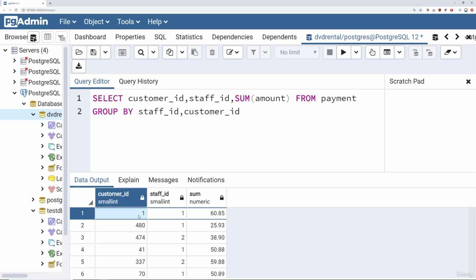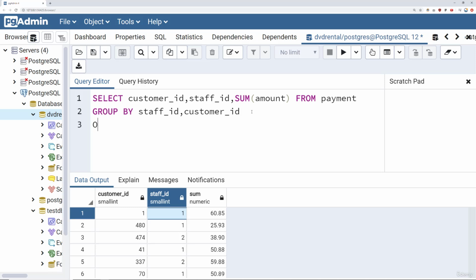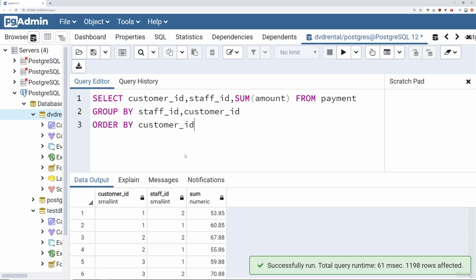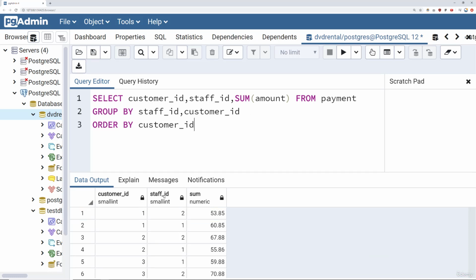So that means customer number 1 spent $60.85 with the staff ID person number 1. And what I could do if I wanted to is order by the customer ID. So when I run this, I can now essentially see how much each customer spent with each staff member. In this case, it looks like customer 1 spent $60.85 with staff ID number 1, and then $53.85 with